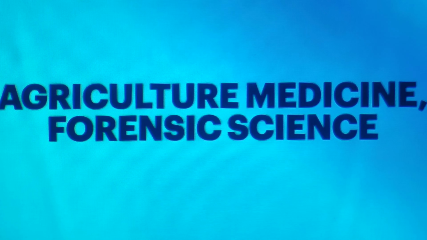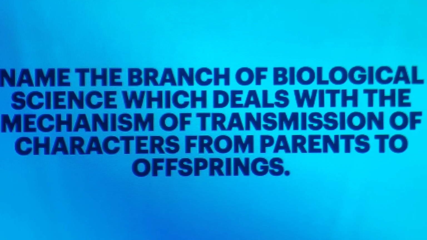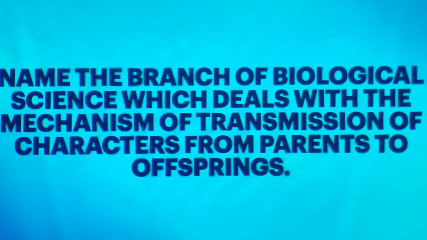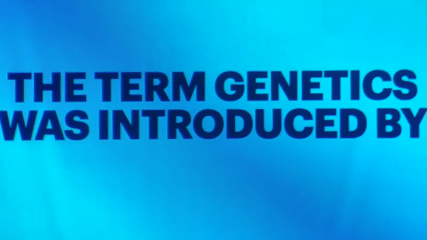Agriculture, medicine, forensic science. Name the branch of biological science which deals with the mechanism of transmission of characters from parents to offsprings. Genetics. The term genetics was introduced by